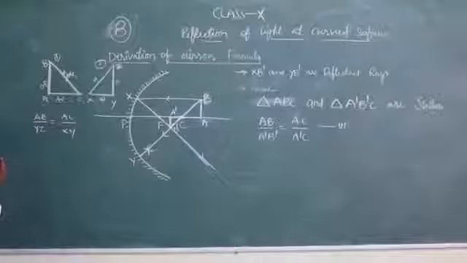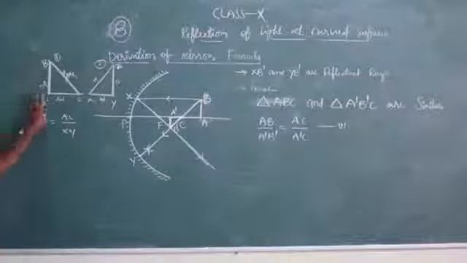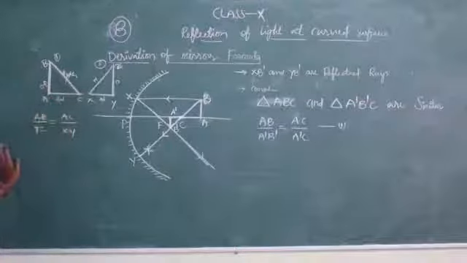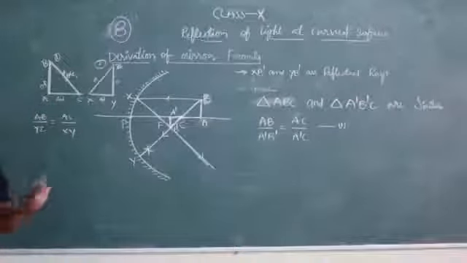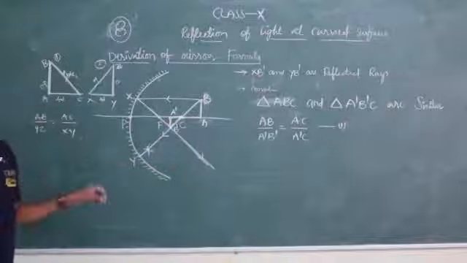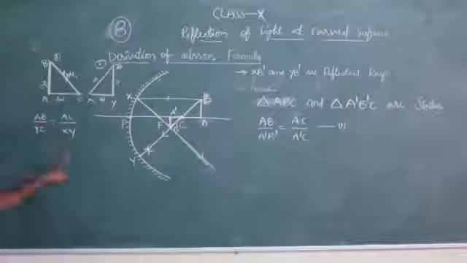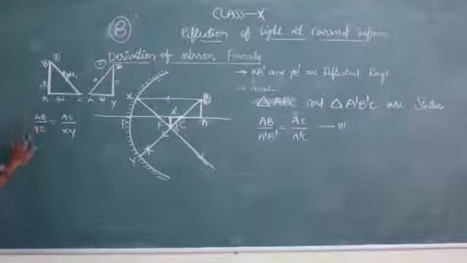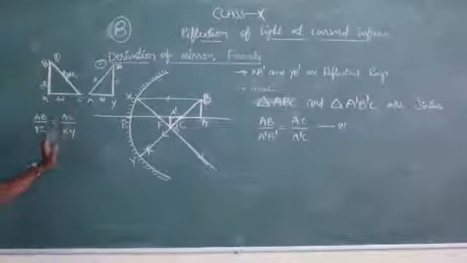I think the chapter may not be completed for you. Trigonometry. When you learn trigonometry, you will understand all this. Got it, people? Just keep it in your brain. So how we took that relationship: opposite side of first triangle by opposite side of second triangle equals adjacent side of first triangle by adjacent side of second triangle. Got it?